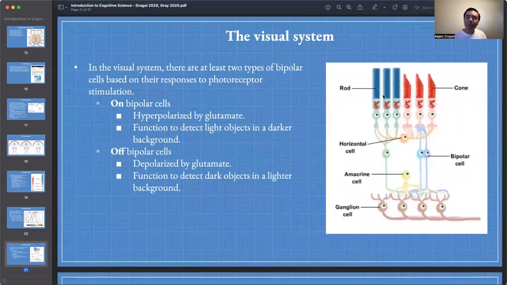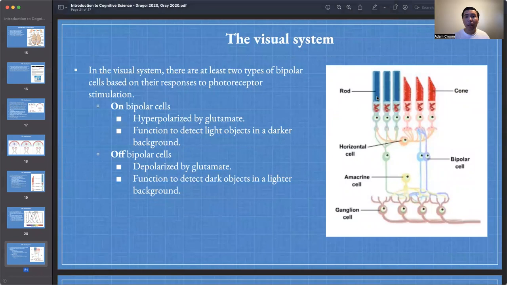All right, so we'll think about how these parts are integrated now, or work together. So here are our rods and our cones. In the next few slides, we'll talk about the bipolar cells, the horizontal and amacrine cells, and the ganglion cells. So in the visual system, there are at least 2 types of bipolar cells based on their responses